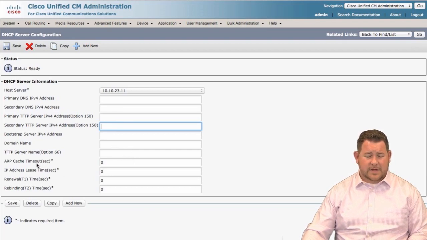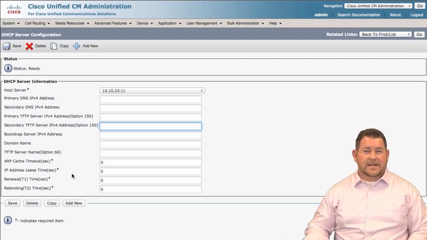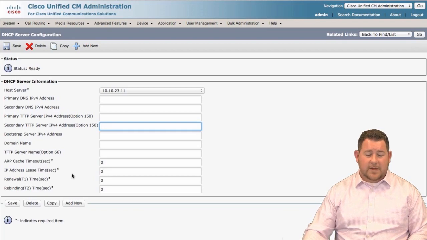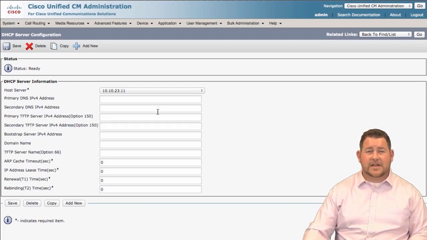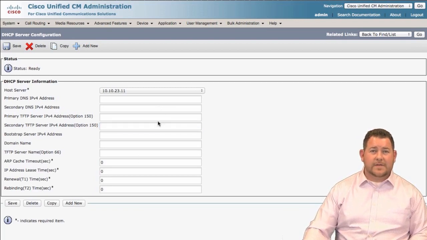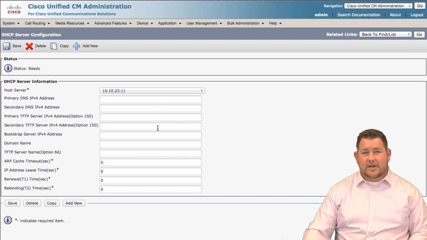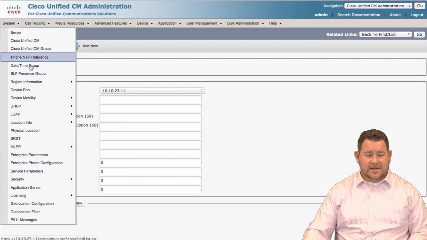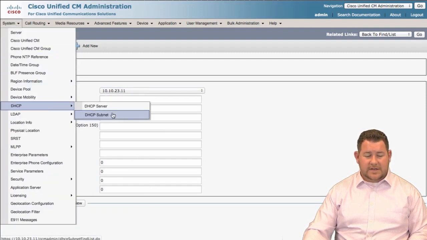Also I can set some different timeout values for when the IP address is leased, when the device that the address was leased to should renew that address, things like that. And some of these settings you'll see actually repeated in the subnet configuration. So that's why you don't have anything necessarily configured in the server menu itself. You can configure the server and say, guess what, it's running on this server and that's it. So now if I go down to System, DHCP subnet,